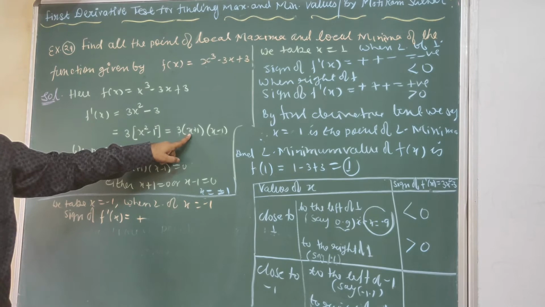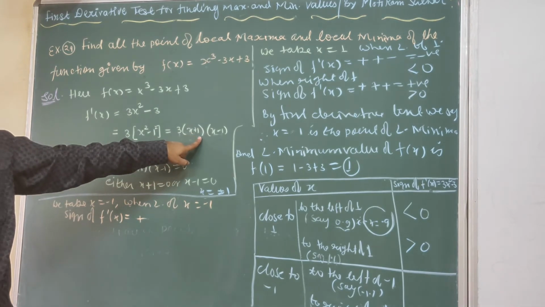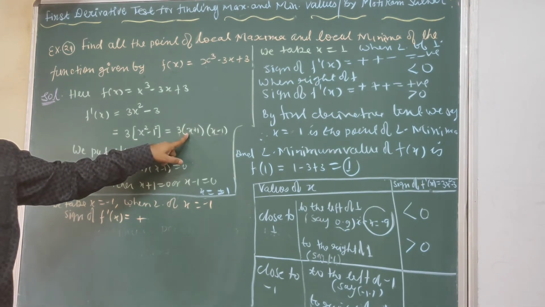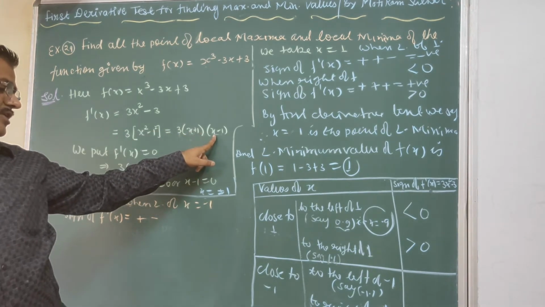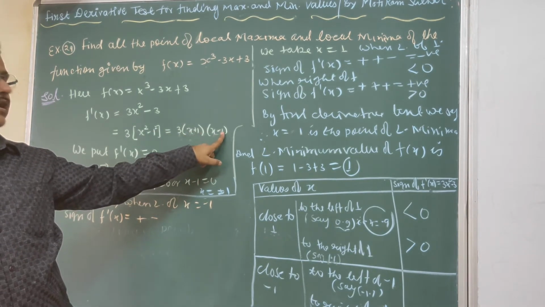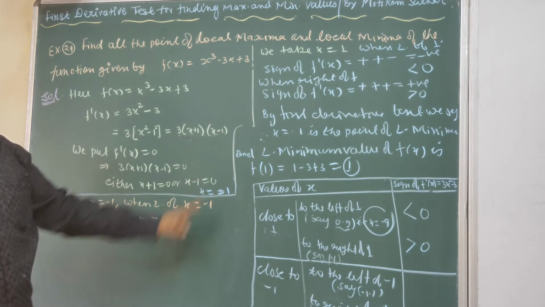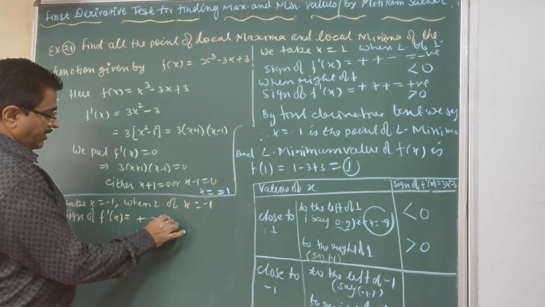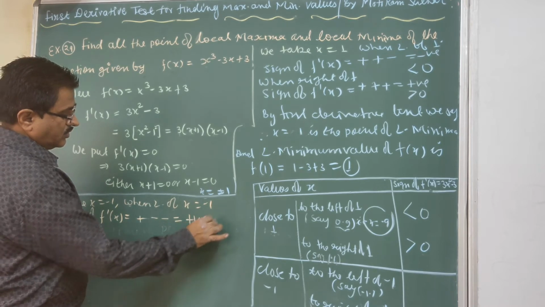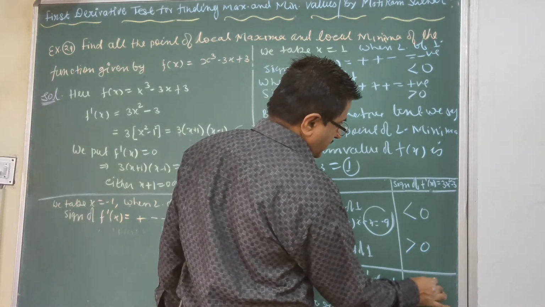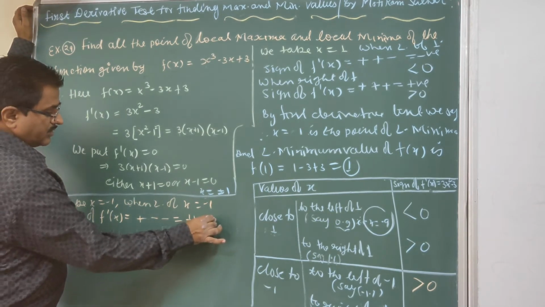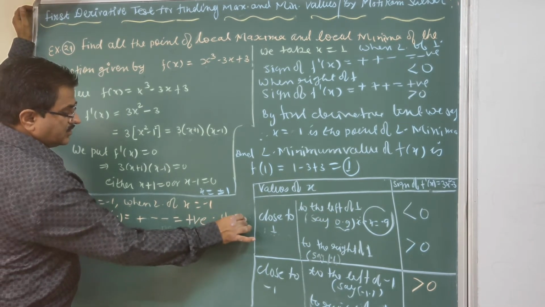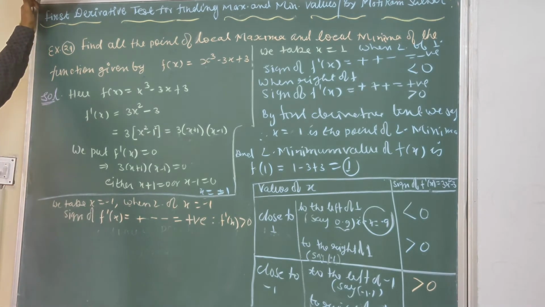Now minus 1.1 and 1. Then again the minus number is greater, so this is negative. Then minus 1.1 and minus 1, that is also minus. Minus minus, adding we get a minus. So this is positive. Therefore f dash x is greater than 0.